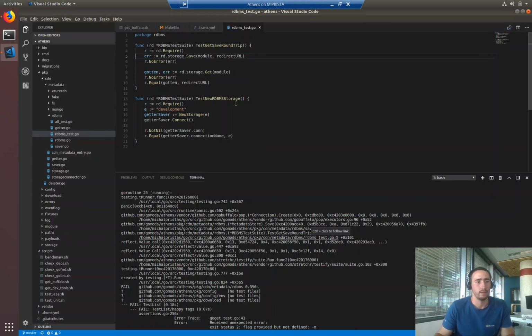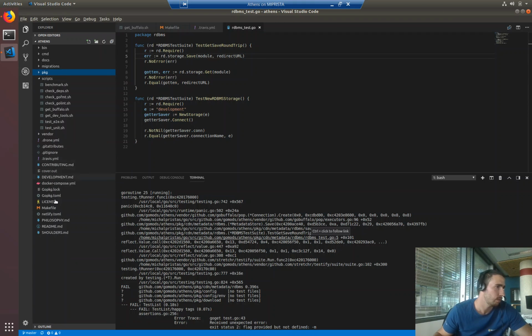Test new RDBMS. To test RDBMS, you have to do two things. One is to provide a pop location, or pop path, where pop should look for the database YAML. We use pop for RDBMS. According to the pop specification, the database YAML should be in the project root, which is here, but we don't see a database